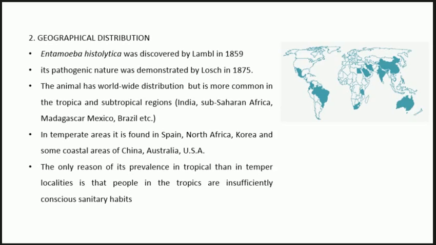It has a worldwide distribution, but is more common in tropical regions. In the previous topic, Plasmodium vivax, we saw that most of the time they are present in tropical and subtropical regions, which include India,